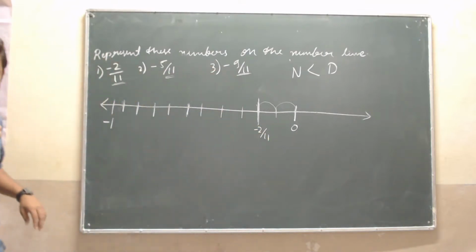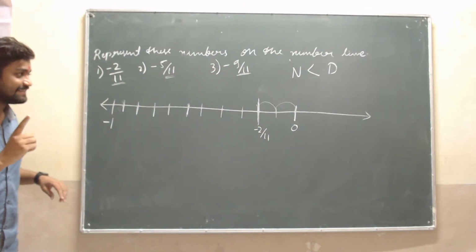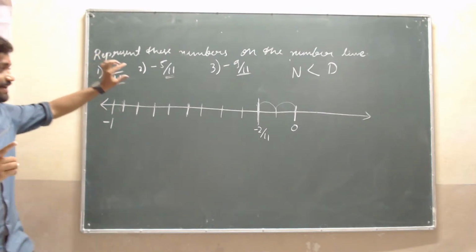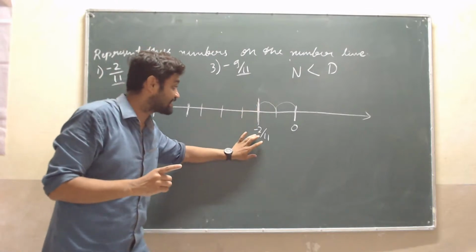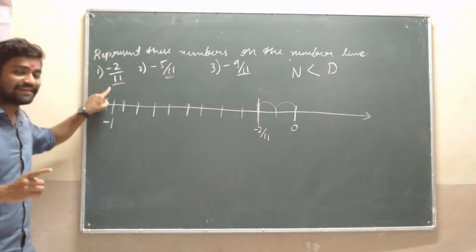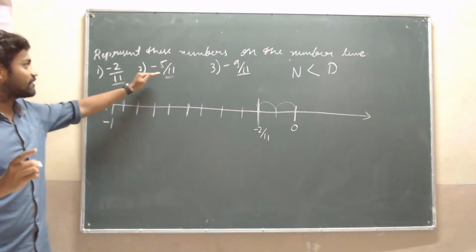Are you getting my point? This is very easy and very clear. See, first part, another 2. We have to make 2 jumps, one first and second. And this will indicate minus 2 by 11. Next problem we have, that is